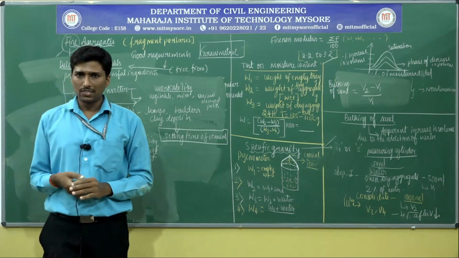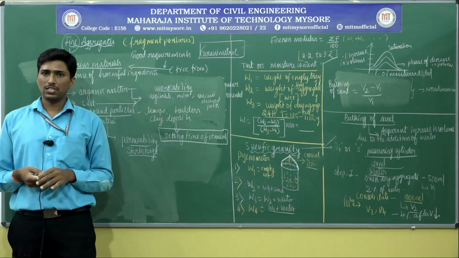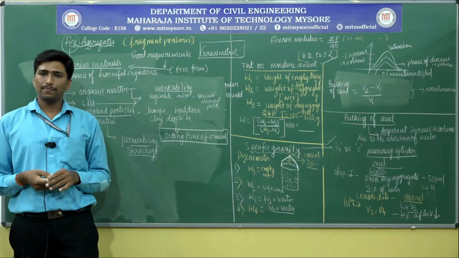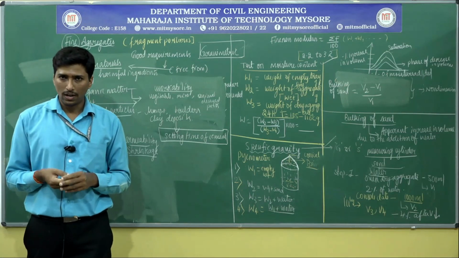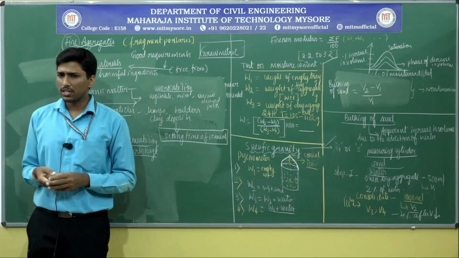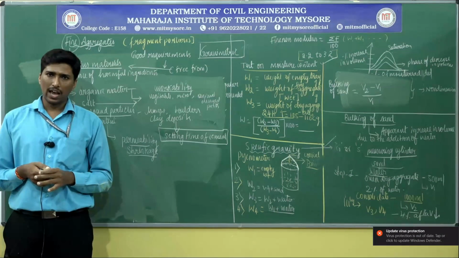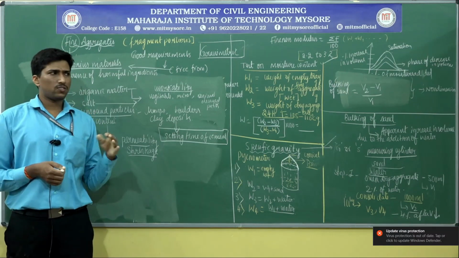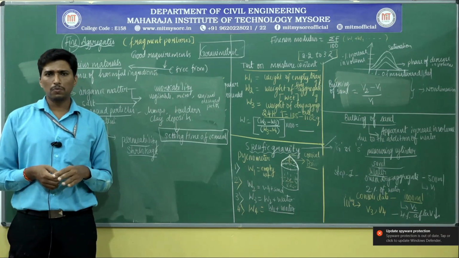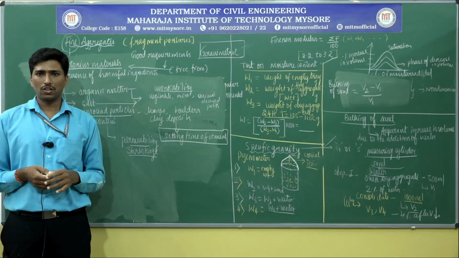In the next part of the class, I am going to take another concept that is related to the coarser part of the material. We call it coarse aggregate: how it is graded, what are the different sorts of classification which we go for, and what are the same test procedures. Is it being carried out there also? If yes, in what manner? If no, what is the literal sense?